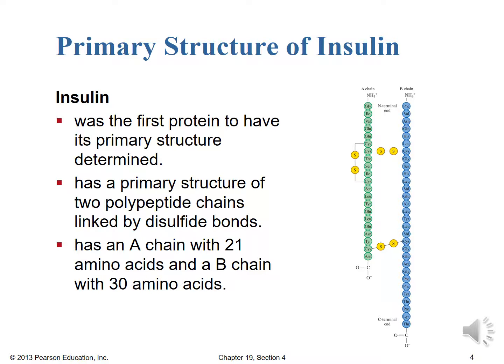Okay, so let's talk about insulin. Insulin was the first protein to have its primary structure determined. And it actually has a primary structure of two polypeptide chains, which are linked by disulfide bonds. So you know we've got some cysteine residues there, right? And notice that those cysteine residues that link are not next to each other. They've got to be at least a few away from each other in order to get the right distance for